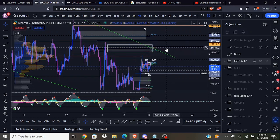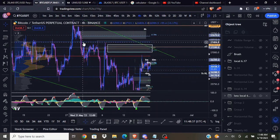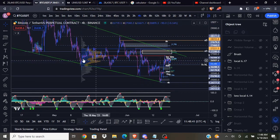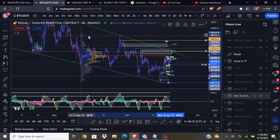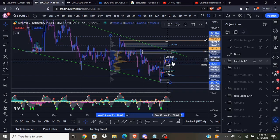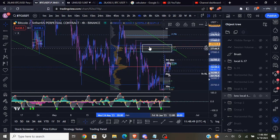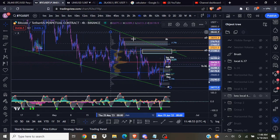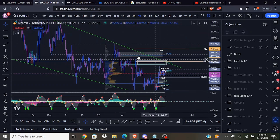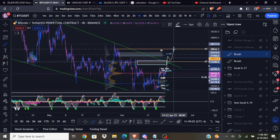The golden pocket, untapped daily up here, coming in around the highs of the range. I mean, you can probably adjust this, maybe pull this over to this low, and maybe the value area high lines up a little bit better, and it does. So this is around the highs of the range, so this is an area that interests me, as well as this top trend line. And we have an 8-hour order block up here as well. But if we start getting above these areas of resistance,